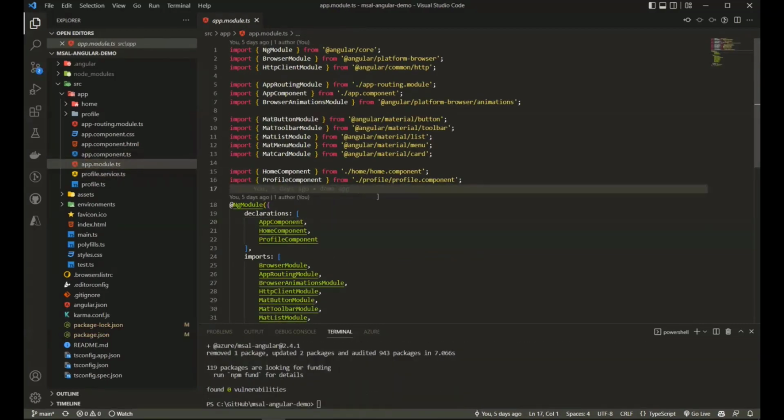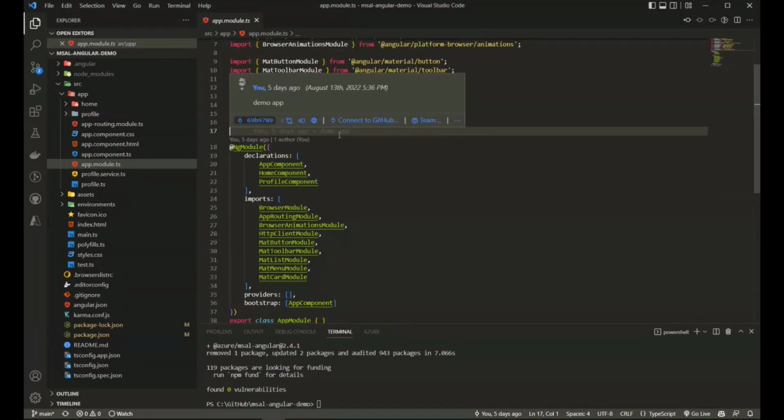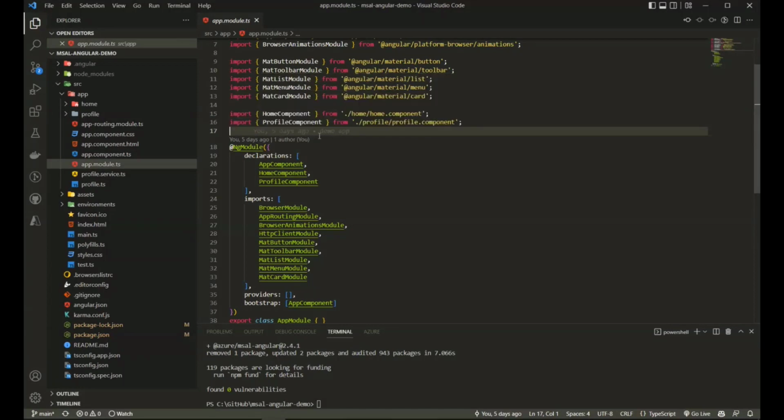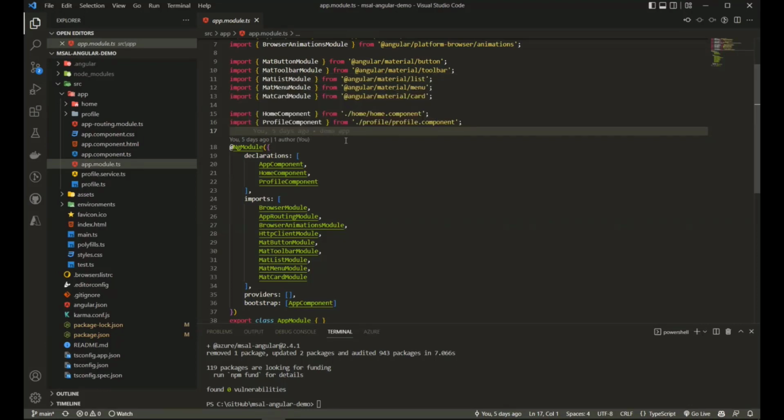And here I'm going to instantiate my MSAL application object. There are multiple ways of doing this. You could, for instance, use the MSAL module static method to instantiate it. You could perhaps want to fetch some configuration data from some other server, some other location, and then instantiate MSAL. What I'm going to use is the factory provider approach.